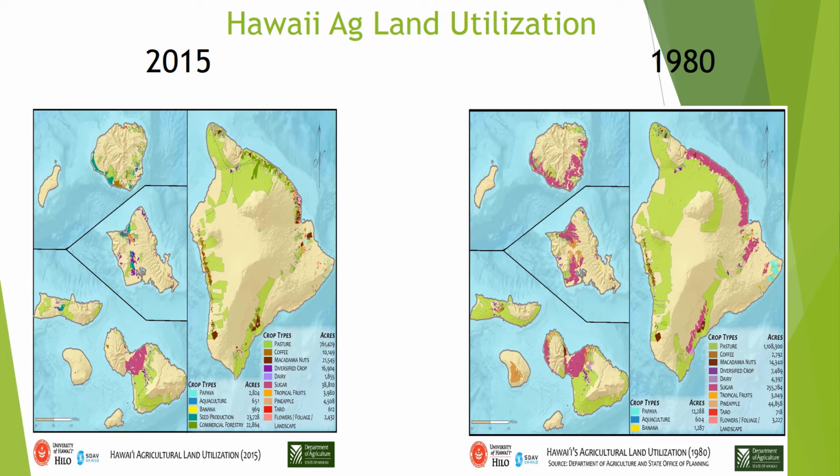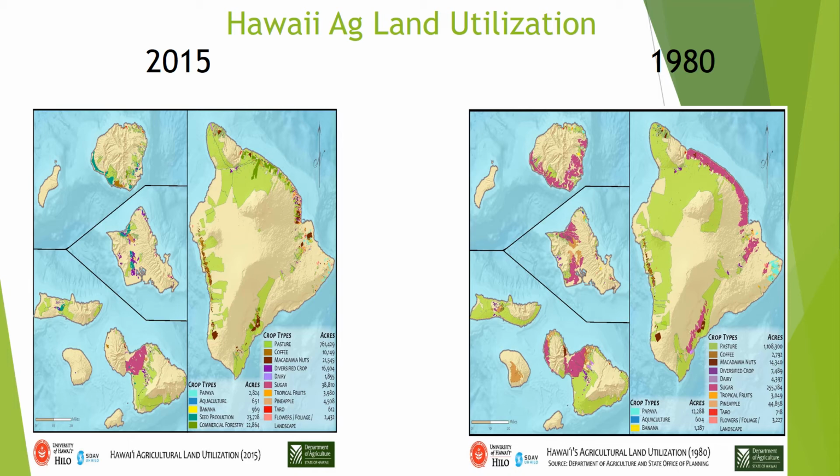Each region that experienced a shutdown of plantations has responded differently. Some have seen the emergence of new crops, others have not. Like on the Big Island, they have a lot of coffee and macadamia nut production. Understanding the pattern of this recovery process will help to better predict the trajectory of future crop production statewide.